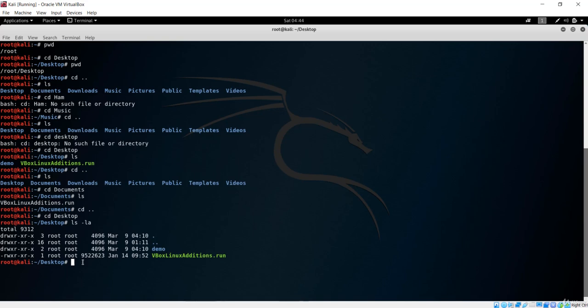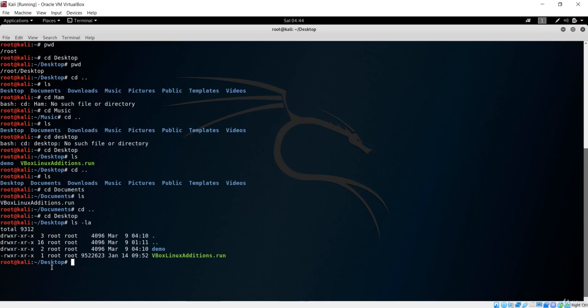So now, we have seen cd, ls and pwd, which are the basic commands to change directory, to see the working directory, and to navigate from one directory to another. So the next thing you need to do is to create files. Let's see how we can create files in this desktop.